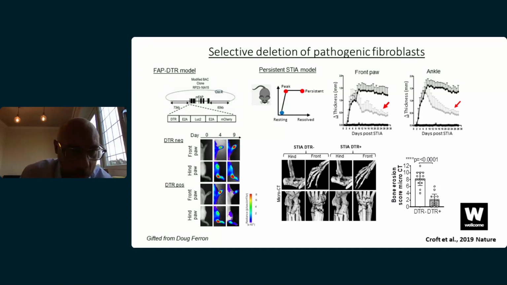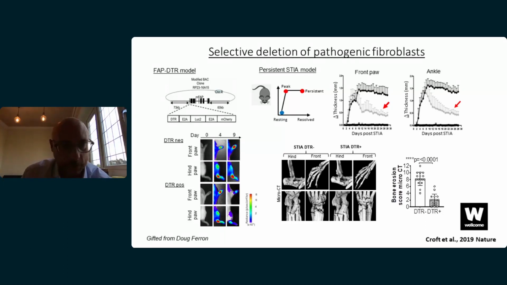You can see here that when we induce inflammatory arthritis, you get an increase in the signal of inflammation in the paws of the mouse, seen here in the red. And then when we give the diphtheria toxin, those that are DTR negative continue to express FAP, whereas in those that are DTR positive, you see a partial but significant depletion in the FAP-expressing fibroblasts. We've actually done this both systemically and as a targeted deletion just in the joint, but